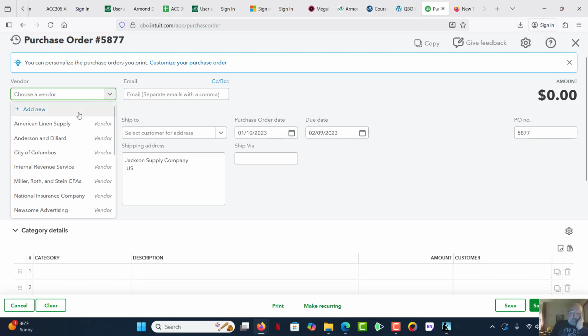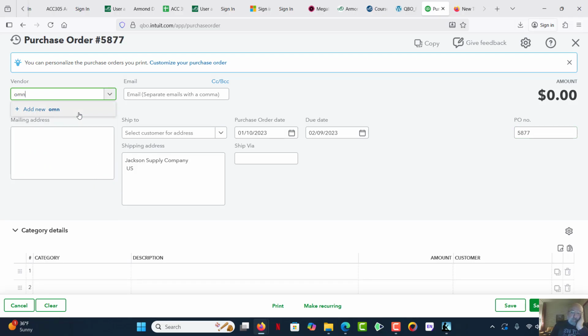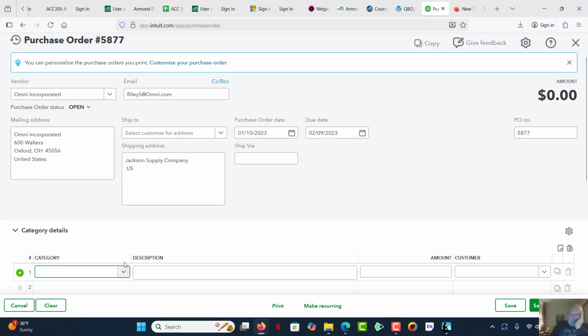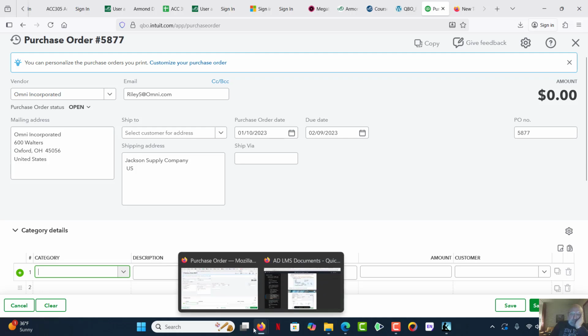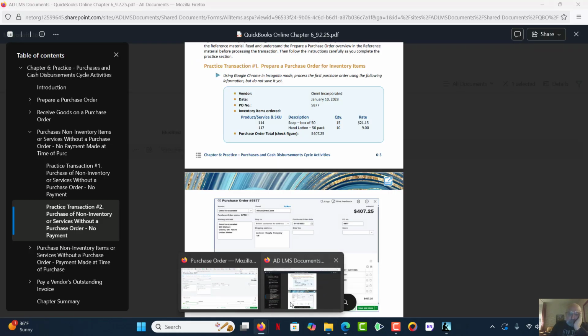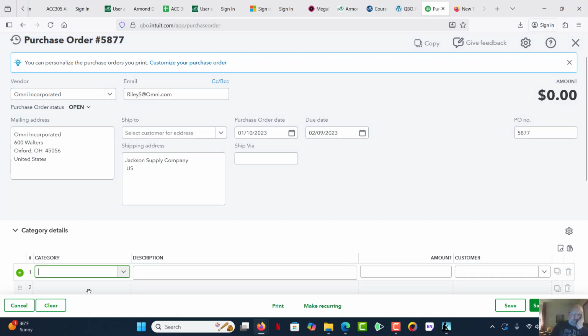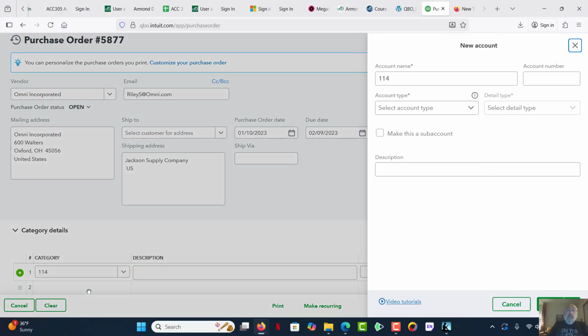Vendor is Omni Incorporated, and it's being shipped to us, Jackson Supply. The first item that we have, I believe, is item 114. It is 114, 15 units. So 114, and the description is,